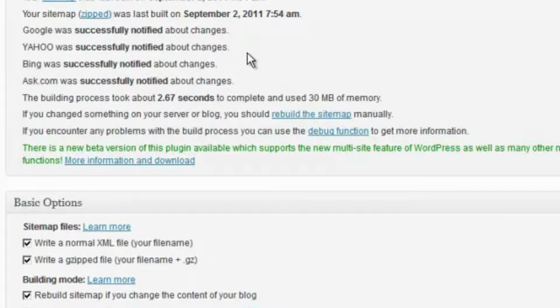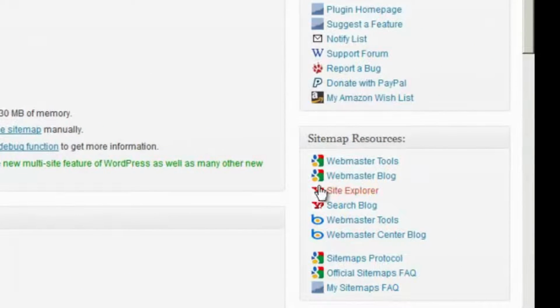That's a good thing. The great thing about this plugin is it's awesome for SEO. It's awesome for search engine optimization. Giving Google, Yahoo, Bing, and Ask your sitemap really helps those services spider, index, and consequently rank your content. Highly beneficial. The next step you should take, however, is to look at these sitemap resources over here